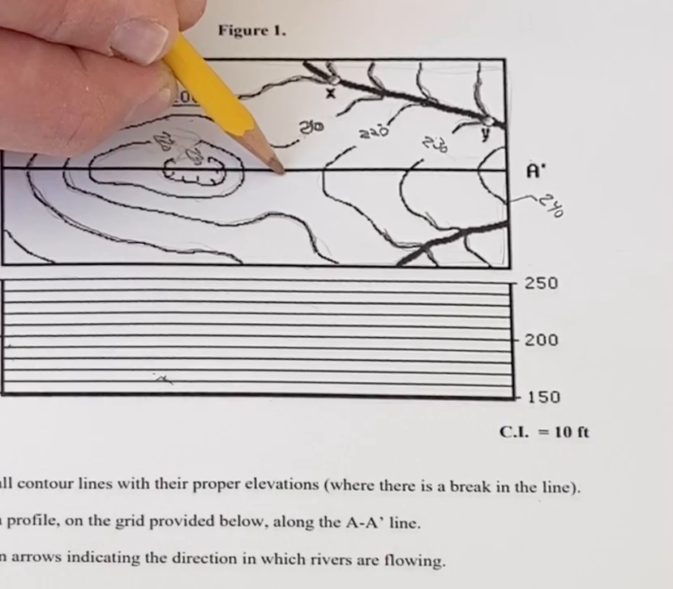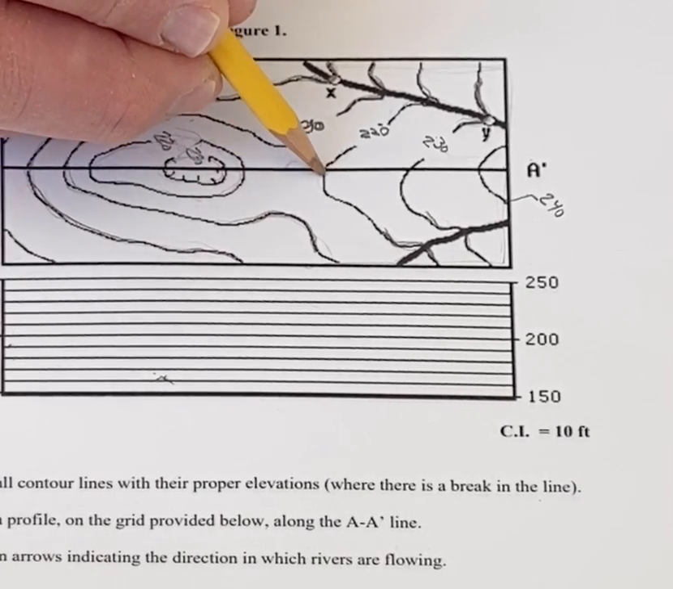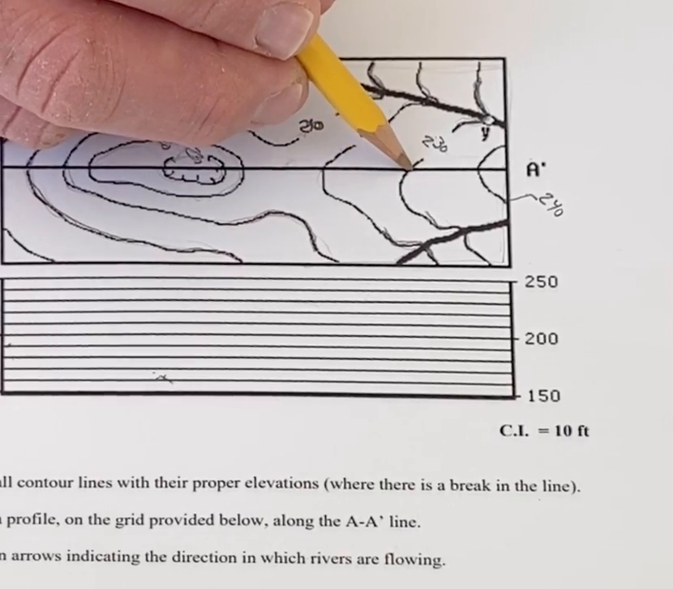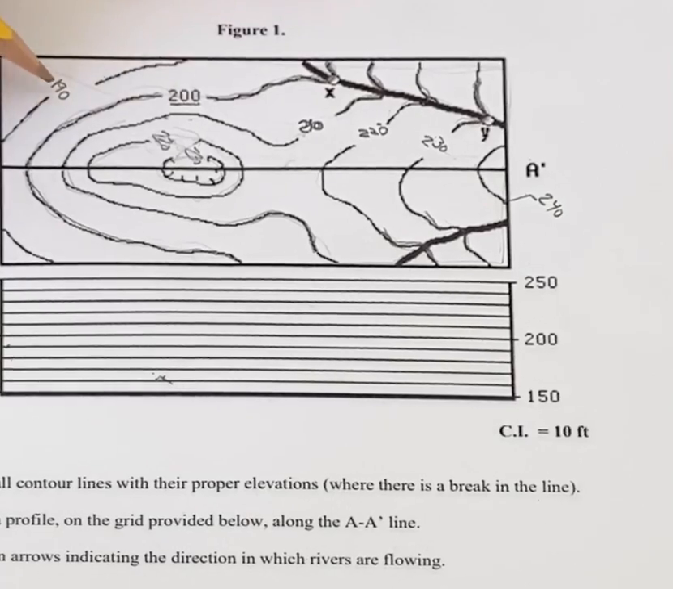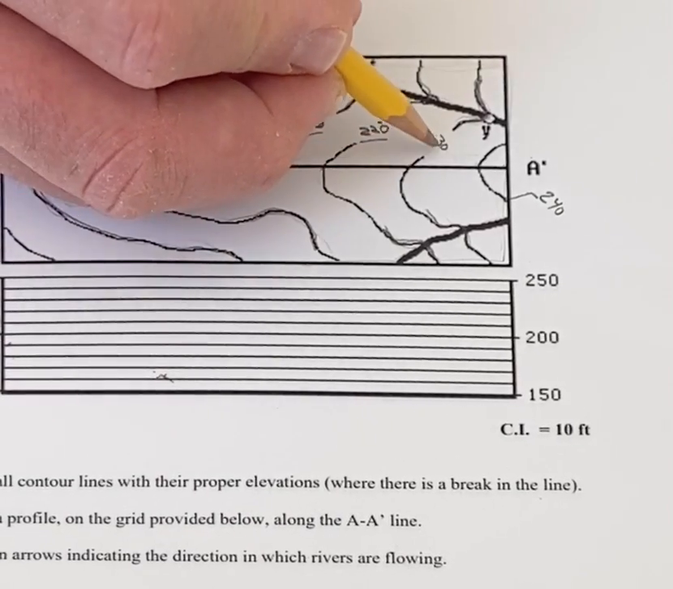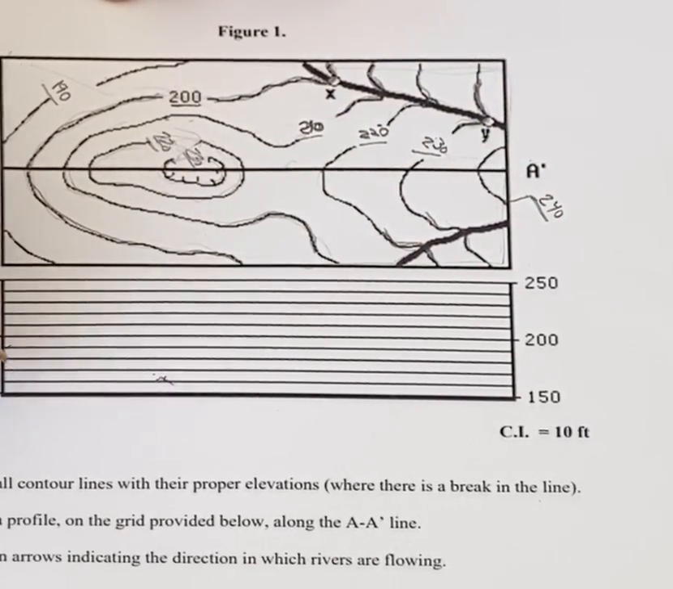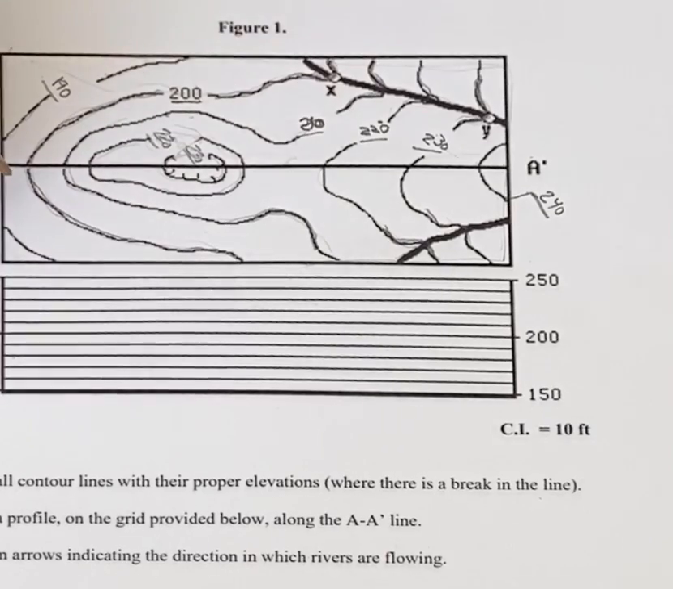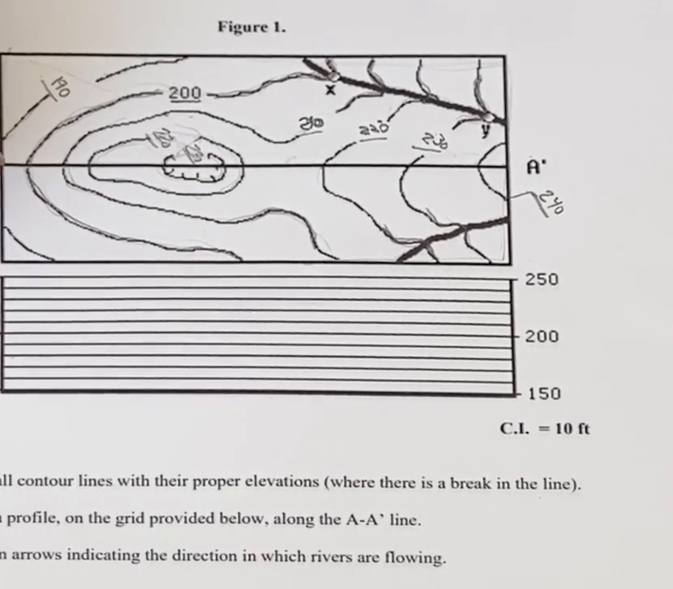Probably goes down to about here, levels out, but less than 10 feet. Back up to 220, up to 230, up to 240. Okay, so we've labeled all of these in here. And again, sorry, I'm drawing upside down, so this is a little challenging for me. Anyways, the second step on this is to